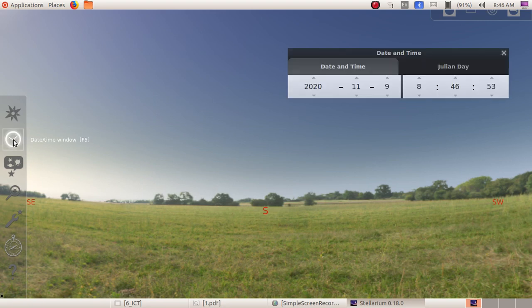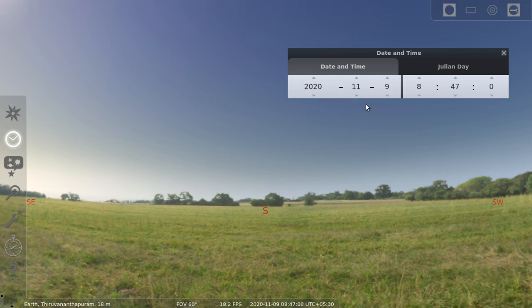Next we can adjust the date and time. Okay. So the year is 2020. That's enough. Next the date. The month is 11th. Okay, we have to adjust it to October, that is the 10th month. Okay, so this is the backward button. Just click once. Okay. If you want to make it 9, you can just click once more. Okay. This is the forward button. So you have to remember the backward and forward buttons. Okay.